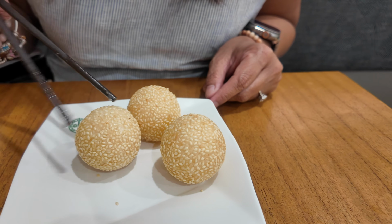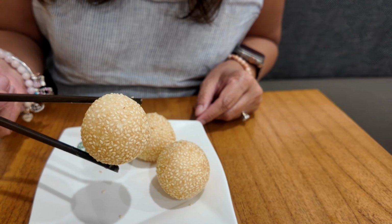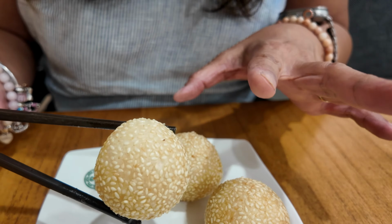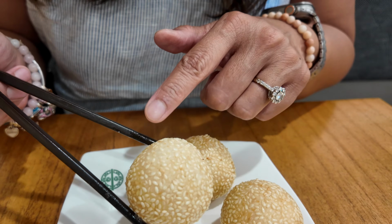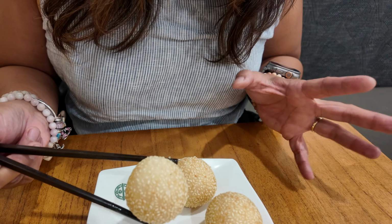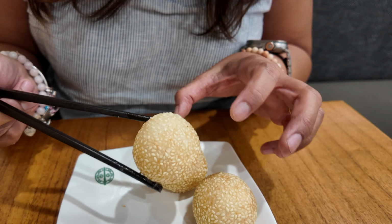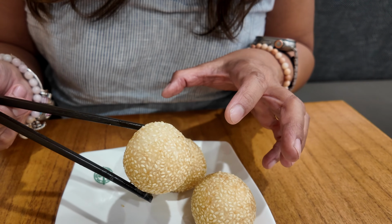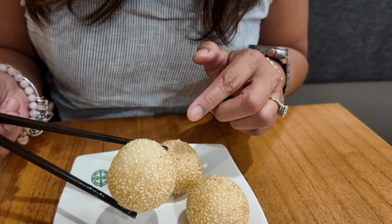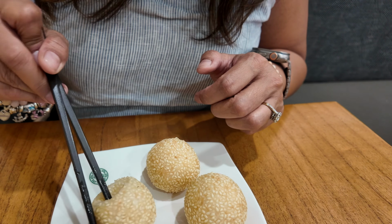Super exciting. So the moment that we've been waiting for, dessert, and this is their lava custard ball. So as you can see, it's got nice sesame seeds on the outside. It is fried, again, not greasy and really oily. And this is a mochi exterior. On the inside, there's custard. So kind of like a cross between a jian dui, which is this fried mochi ball with sesame, and that usually has fillings. I've had it with azuki beans and coconut in it before, but this one is special because it has that custard filling. So kind of reminds me of a classic Chinese custard tart, but again, a little more